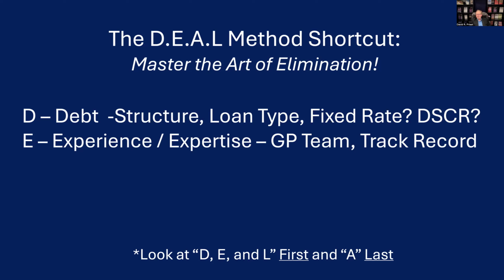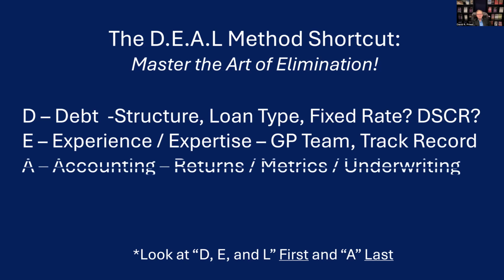And I'm afraid they're going to lose investor money or they've lost money in the past. So there are certain GP teams that they send me a deal, it's an automatic no because I don't like the team. I don't like the track record. And I'm keeping tabs on people and I'm in the no on that. So I look at that really quick. Now, if somebody brings me a deal and I've worked with them before, or I really want to work with them and they're on my radar, then real quickly I can say I need to take a longer look at this deal and really seriously consider it.